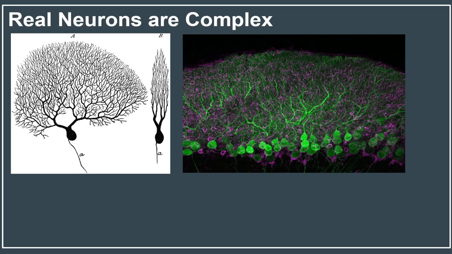But the two big types of signaling that we can lump neurons into is chemical signaling, and that's going to be the topic for today. And then there's electrical signaling, which shall probably be a part two of this. There are similarities and differences. We'll talk about that as we go, but chemical signaling will be the first one that we do. So this main topic is going to be chemical